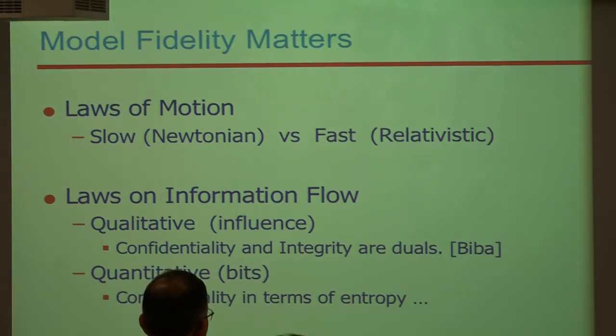So the more refined, careful look at modeling reality causes us to change the laws. And the laws of motion still work pretty well for the speeds that you and I go, but if you're going to do anything fast, you probably wouldn't want to use those. So I want to talk about laws of information flow. And in the 60s and 70s, there was this concern about information that was tagged with labels, and based on the label, the